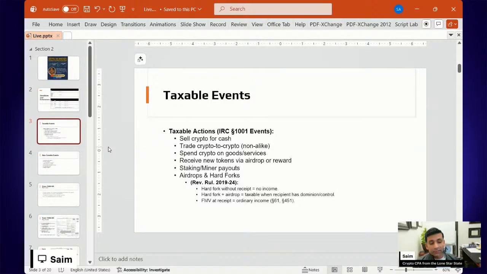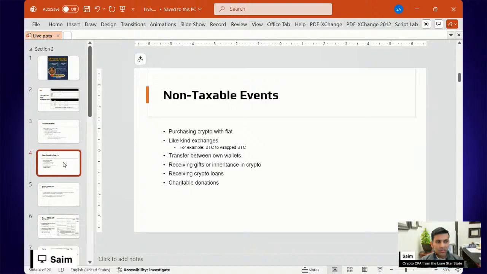So any kind of income that you received in crypto, it's taxed at fair market value the minute you receive it in your wallet. So remember that. You know about the staking, you know about the airdrops. If you're spending crypto on any goods and services, you know that that means that you're selling your crypto. That means that you would need to report your crypto to crypto trades because it is a sale.